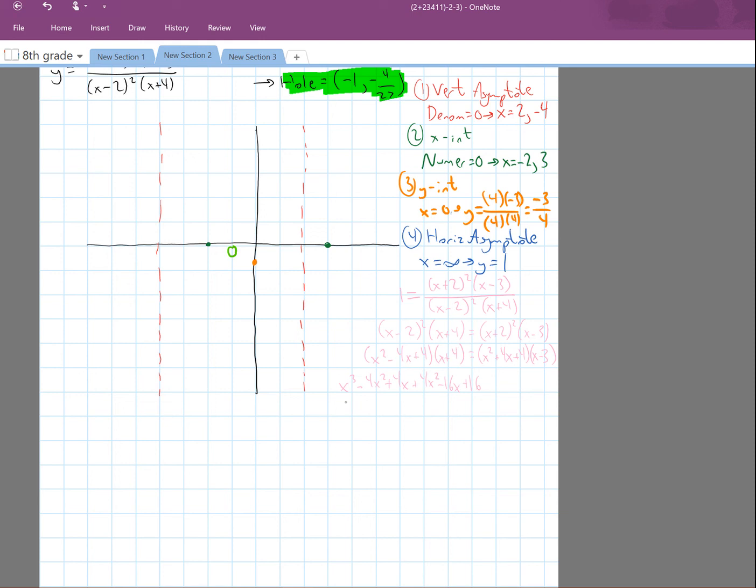I'm going to clean that up just so we have space. x cubed, right, because the minus 4x squared plus 4x will go away. We can combine this like term. Minus 12x plus 16 is going to equal